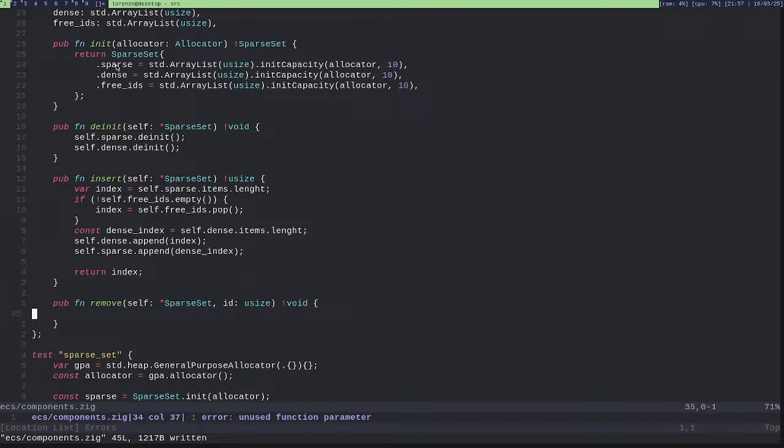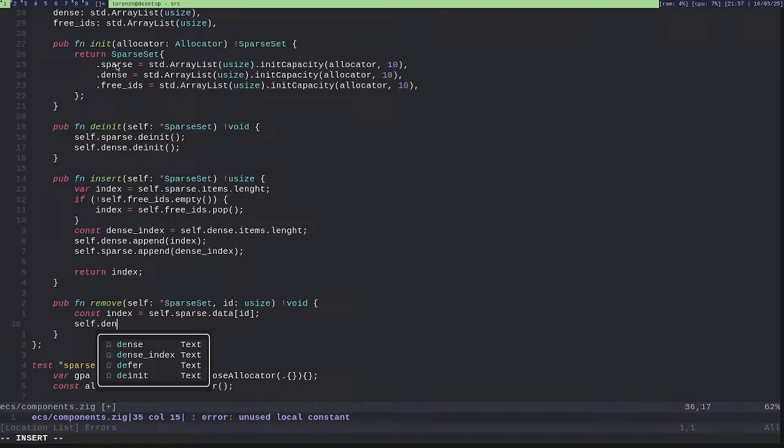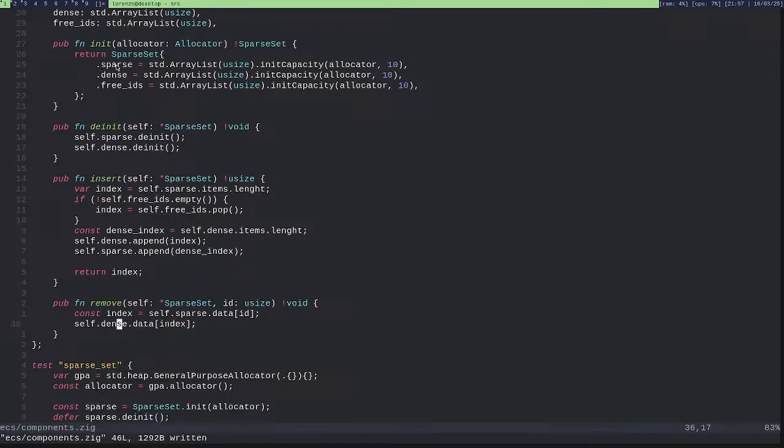And this should be quite easy, because now I know the ID, so the index will just be self.sparse.data[ID], and this will be the index of the self.dense.data[index], and here I will have to swap remove this.